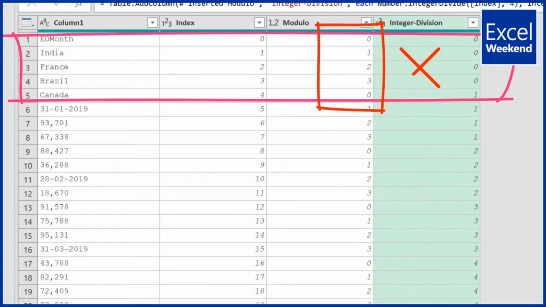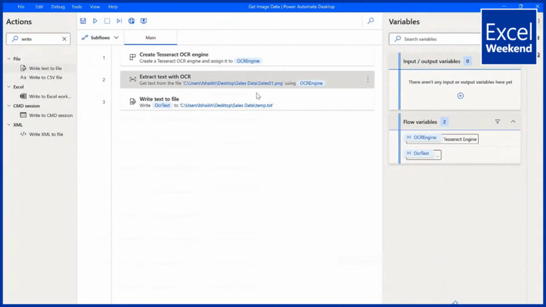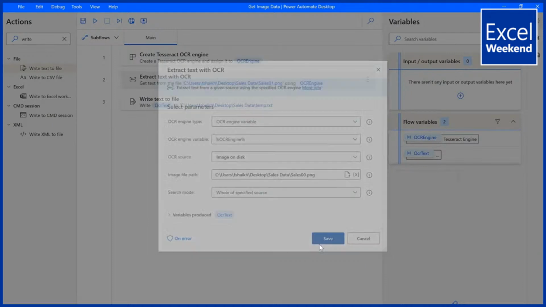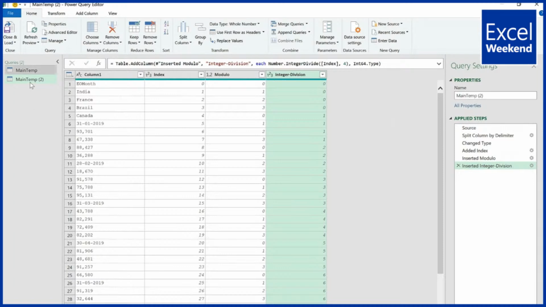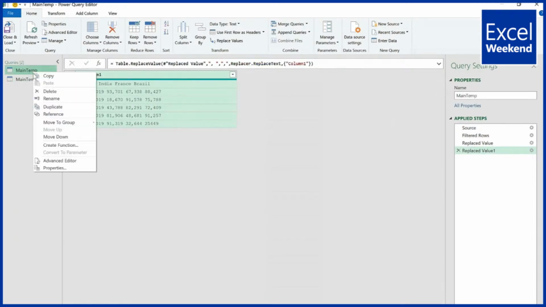Now the only solution I can see over here is to go back and bring my other records also over here. So let's say 00, back over here, and let's run the file. Meanwhile, we can work on the Power Query. So what we can do is create another copy of the temp file,